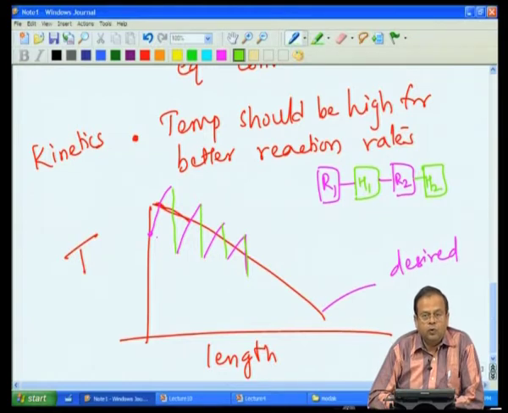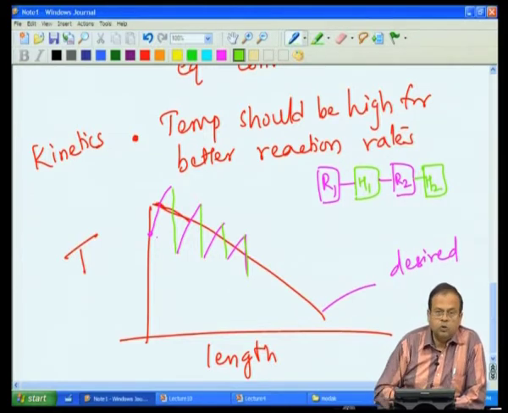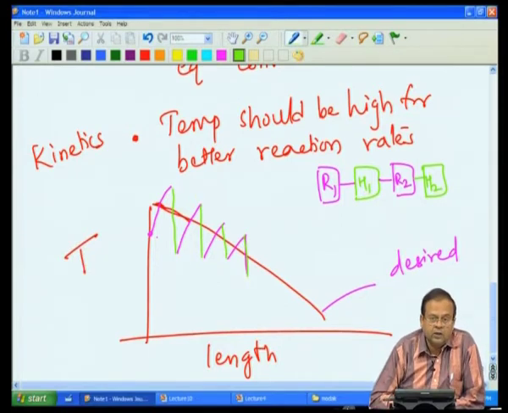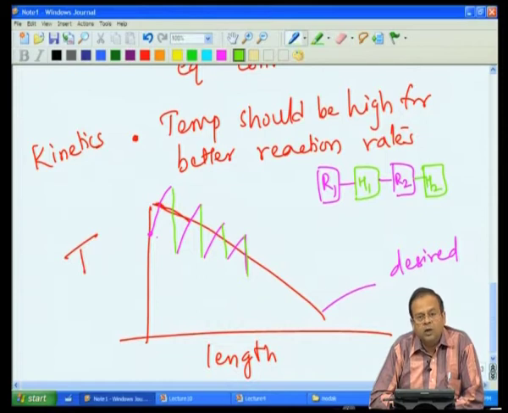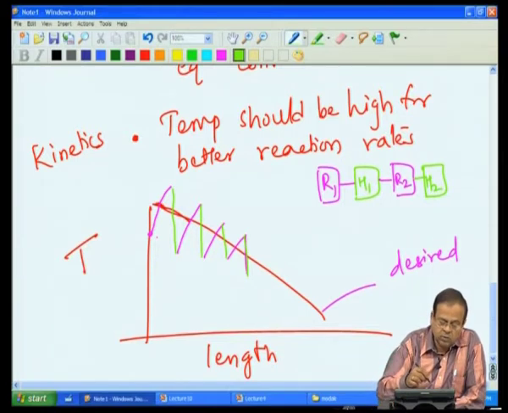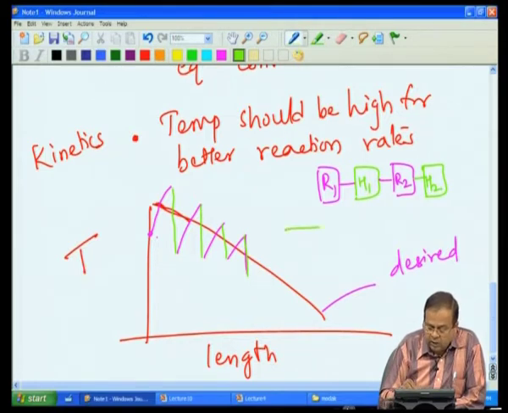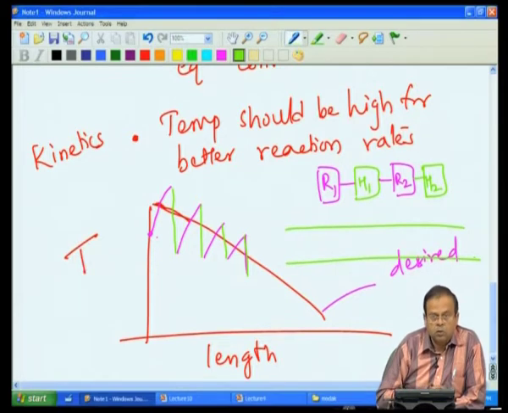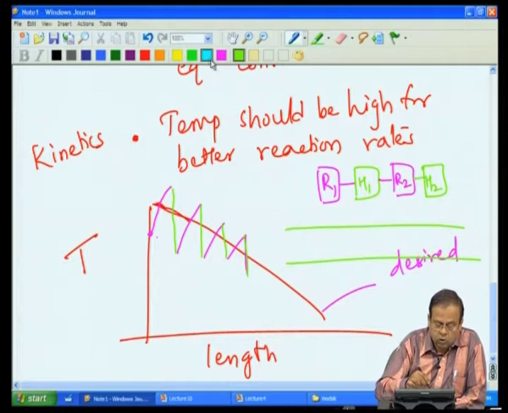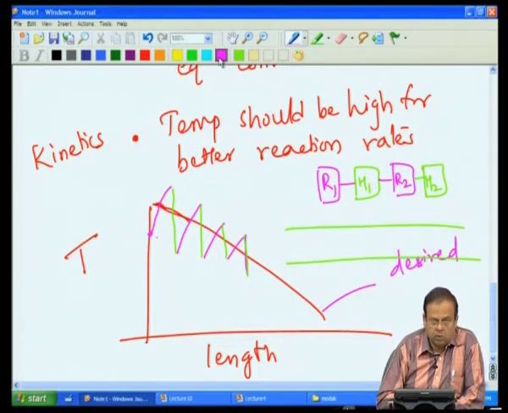There is another way of doing it also. This would require that we have small reactors, but many of such reactors along with my heat exchange units in series. Suppose I have only one reactor, a big reactor, then how can I achieve the same strategy? I can achieve it by doing the following. Let us say that I have a big reactor. What will I do? I will run it as an adiabatic reactor. So, I will send in my feed over here.